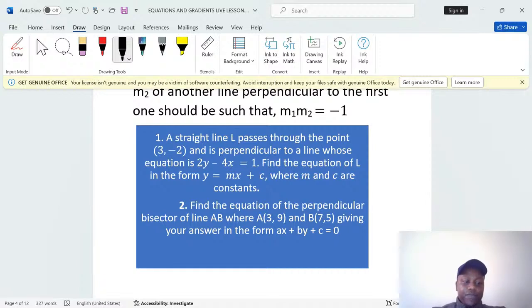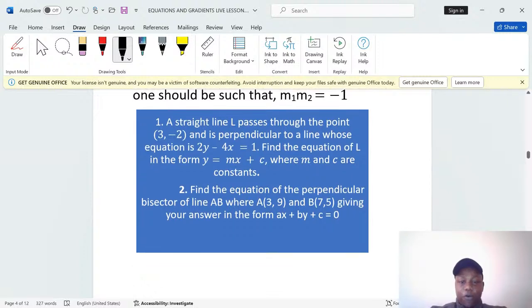The first question says that a straight line L passes through the point (3, -2) and is perpendicular to another line whose equation is 2y minus 4x equals 1. Find the equation of L in the form y = mx + c, where m and c are constants. Therefore, what we should know is